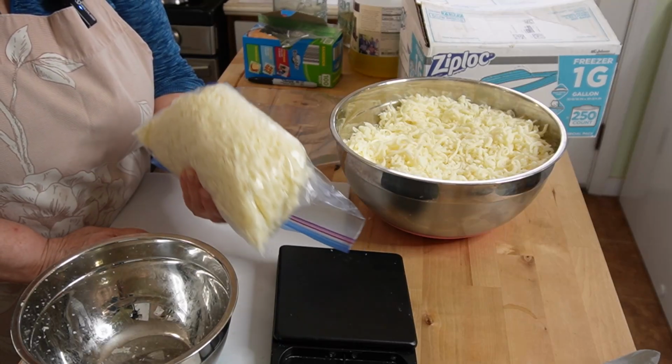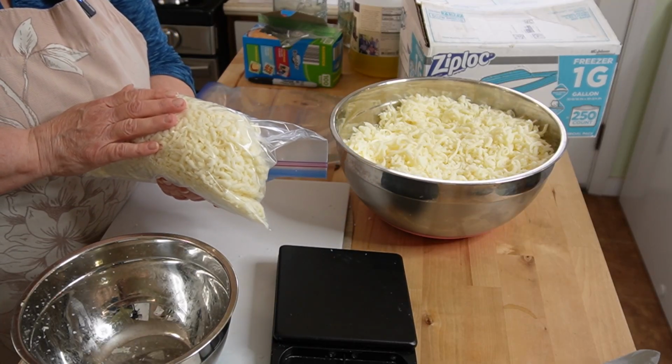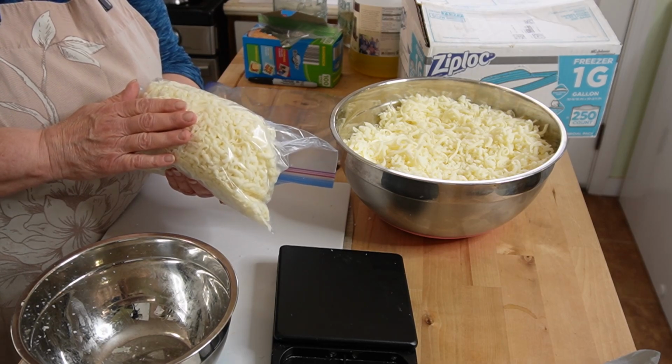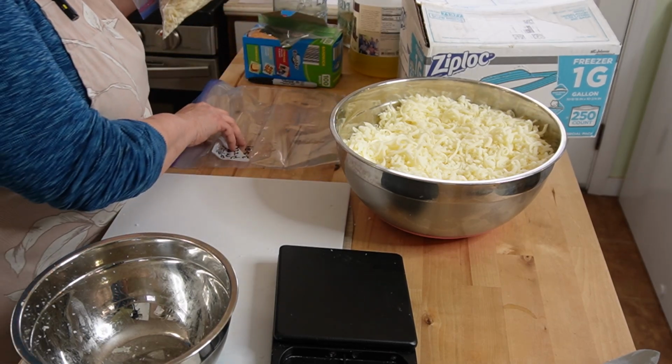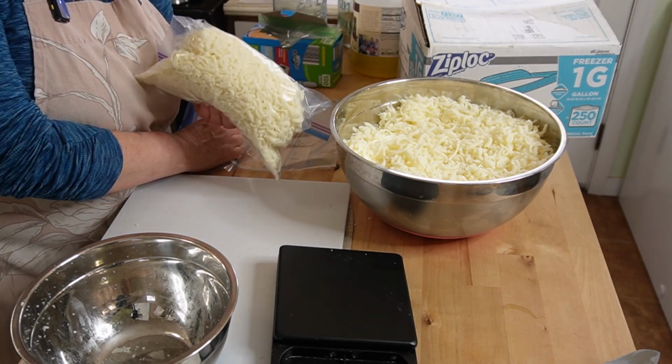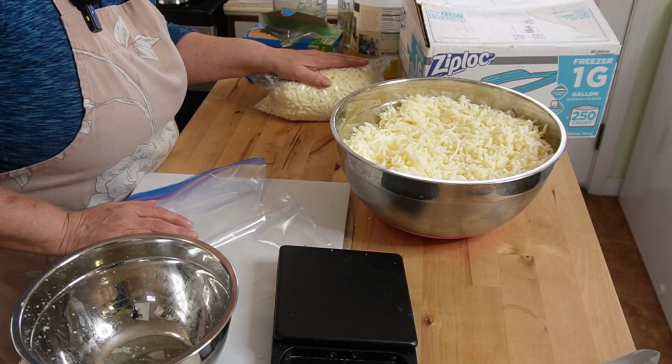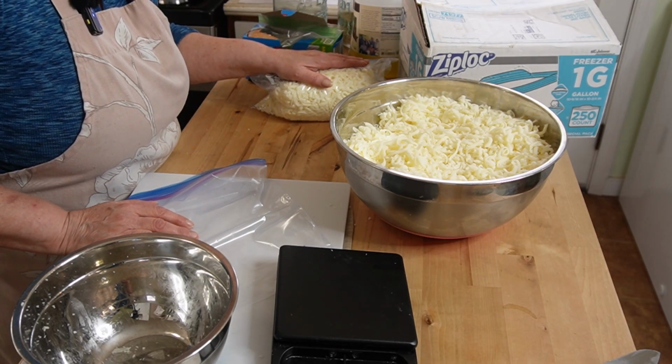And that's enough for one of our homemade frozen, ready to heat and eat pizzas. We don't do one, we do a bunch. The last time we did, I made 2 batches of dough,